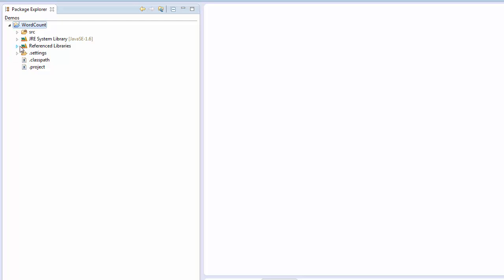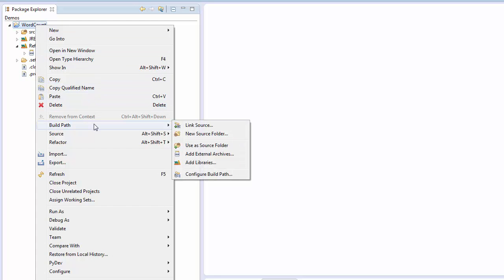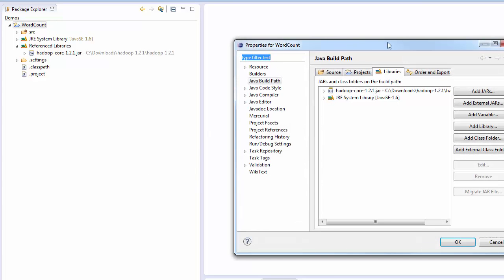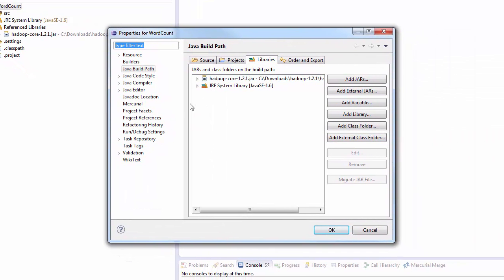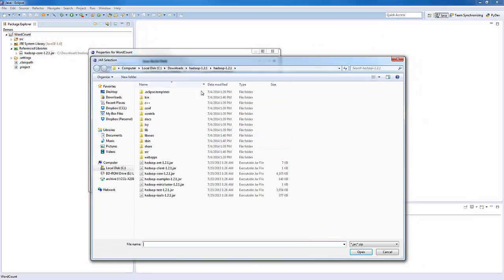Another thing that you may want to do is to add the Hadoop libraries as a reference jar file inside your project. Typically in Eclipse you can do this by simply visiting the build path menu item in the context of the project, and then simply click the configure build path. Over here you'll have a listing of all the jars and class folders that you will be adding to this Java project. Simply click on add external jars and select the jar files that you will need to add for